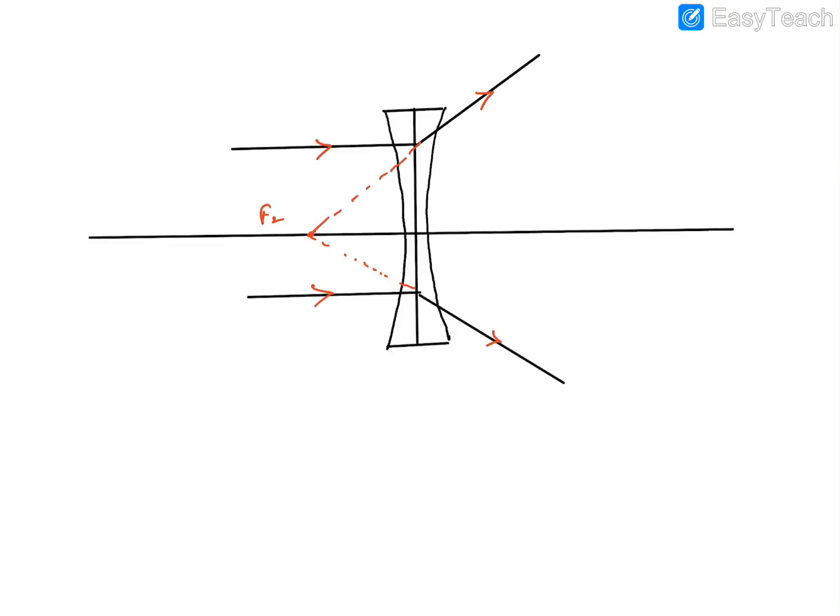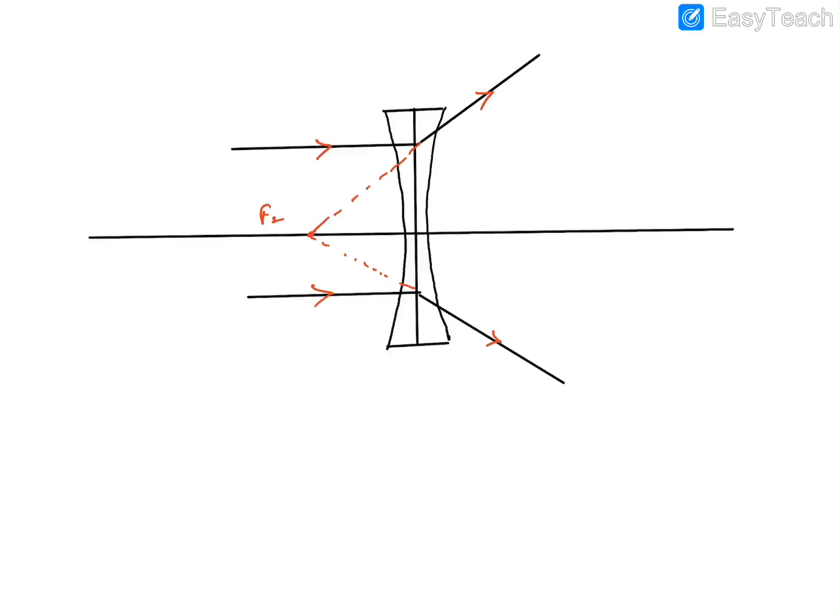Now what do you mean by focal plane? This is a little difficult. A focal plane is a plane which passes through the focus but is perpendicular to the principal axis. That plane is called a focal plane. Same way, we've got a first focal plane and second focal plane. Obviously the one passing through the first focal point is the first focal plane, and the one passing through the second is called the second focal plane.